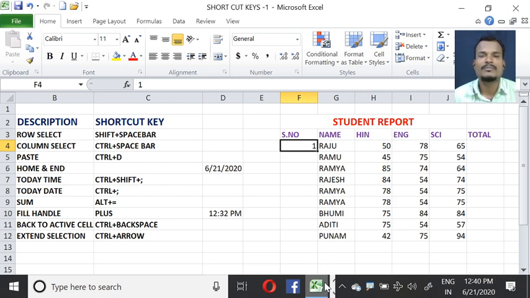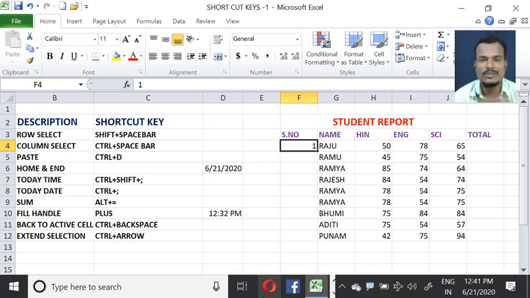For example, you know all the tabs and all the options in Microsoft Excel. Now you are doing a task in Microsoft Excel. The time taken for doing the task is, for example, 1 hour. I'm sure that if you know these shortcut keys, you can complete your task in 30 minutes only.